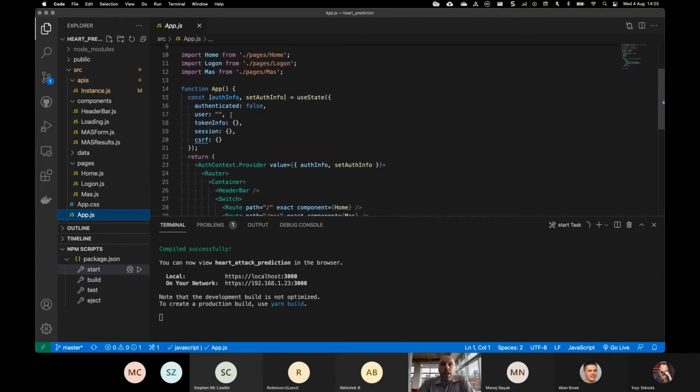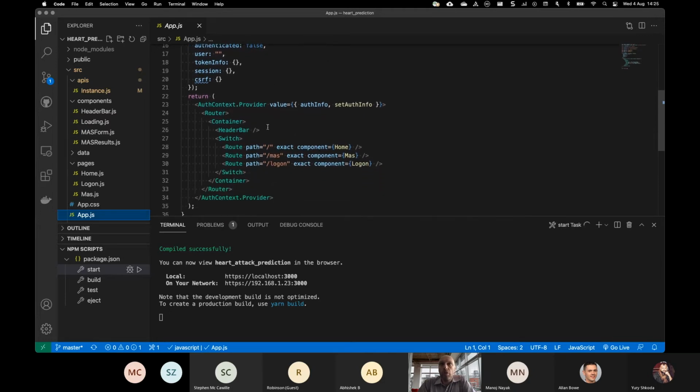And as you see here, I have the authentication information. I use a state. I have the token info. I indicate if it's authenticated, yes or no. I'm also using routes to redirect the request to different pages based on the path that is specified, or the URL. In this case, we have the home, the MAS, and logon. We can define as many as you want. And we are using the context provider to get the information. For the components,